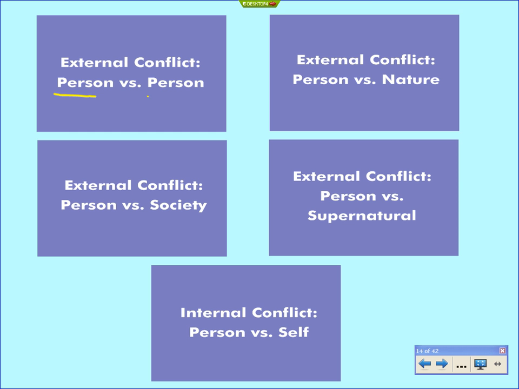Person versus person. Protagonist, antagonist, right? Person versus nature. Protagonist, antagonist. Jasmine, what is your antagonist in this conflict? Yeah. And what is an aspect of nature? Can you tell me an aspect of nature that might cause me a problem? Yeah. Well, I don't think trees fall on their own accord, but maybe the wind would blow it over or something would happen. Yeah. There you go. That's what we've got.